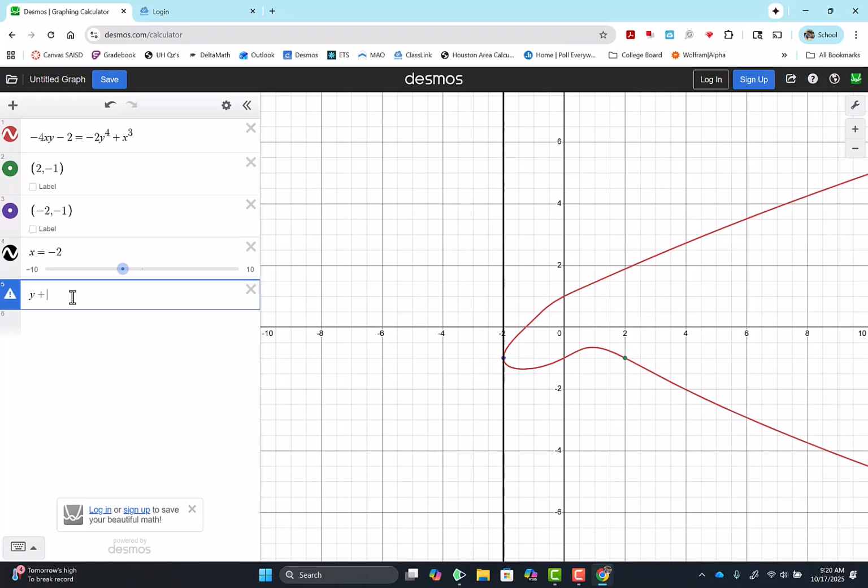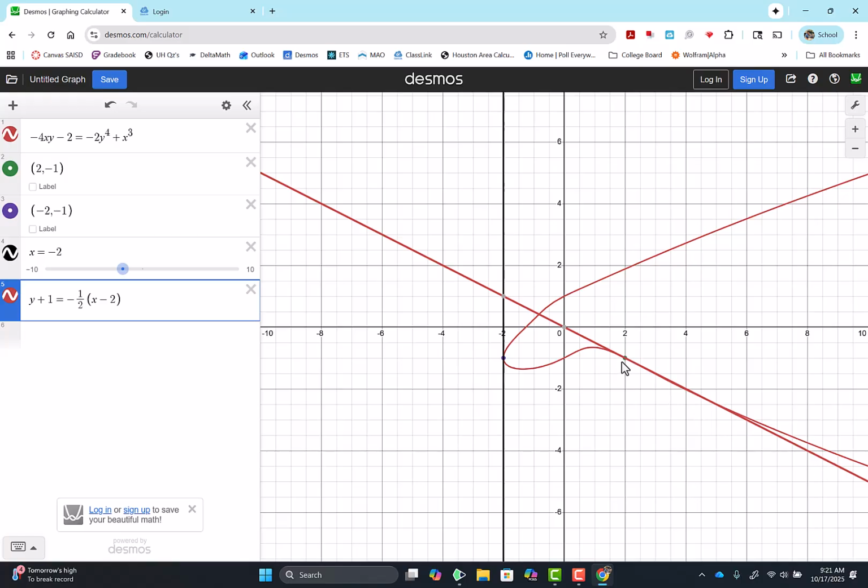y plus 1 equals -1/2, let me put a negative, -1/2 parenthesis x minus 2. Yep, that's definitely a tangent line right there. Cool, right? What's up? So,